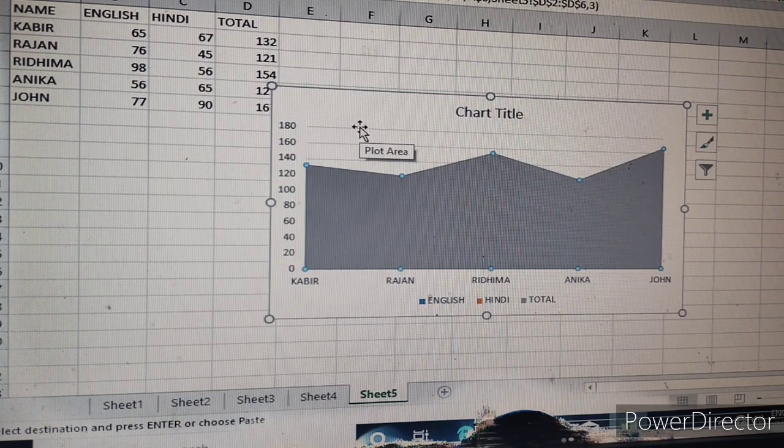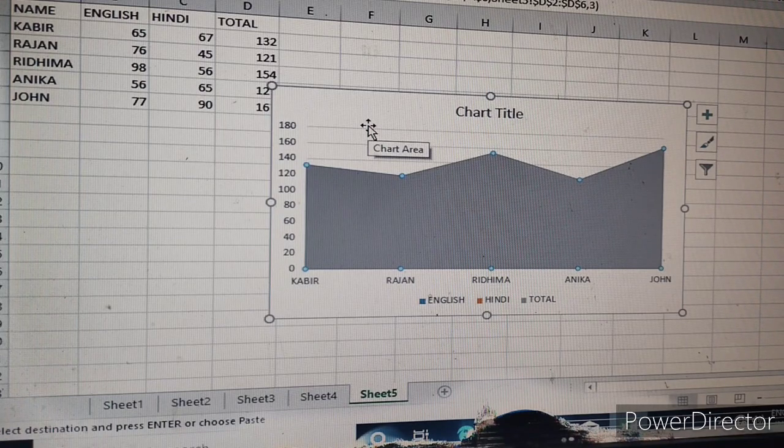So the first one is the column chart. The column chart is just opposite of the bar chart. The line chart and area chart are both similar, and the pie chart is used to compare proportion or part of a whole. Okay, so these are our different types of charts.